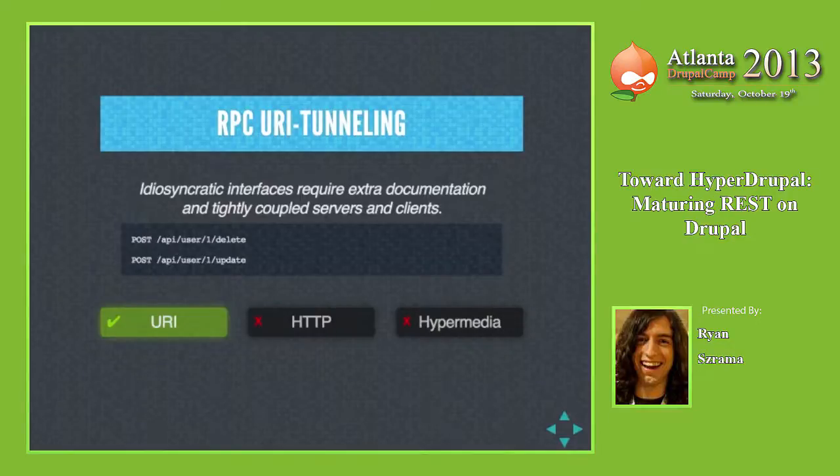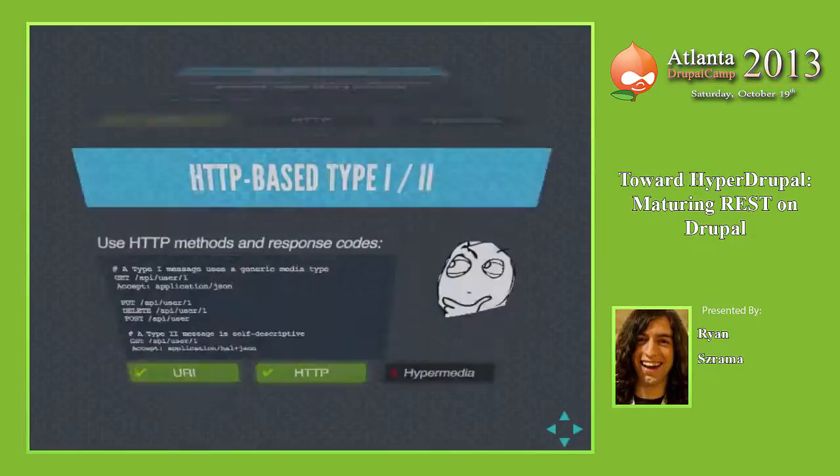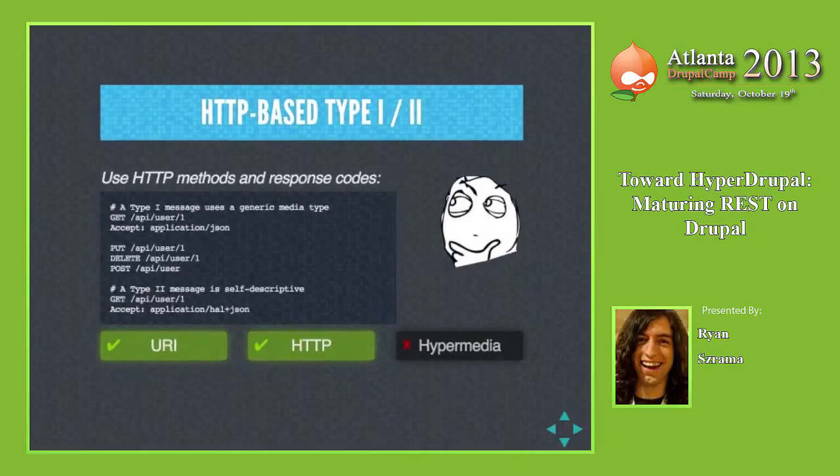So what's happened here is they basically just sort of said, instead of using the HTTP verbs, we're just going to put those verbs in the URL and not really worry about the HTTP protocol. That's why this really just lights up the URI button here. You know, at least it's getting toward using the technologies that make the web so great, but it's really not that great. So as a starting point, what I would recommend to you if you're developing a RESTful web service, as a starting point, I would use what this guy calls HTTP-based type 1 APIs, or type 2 even better.